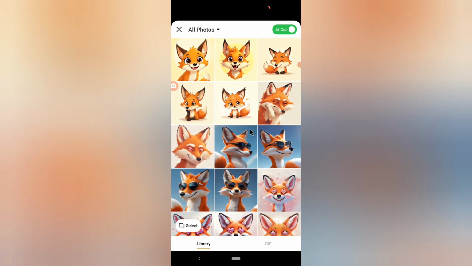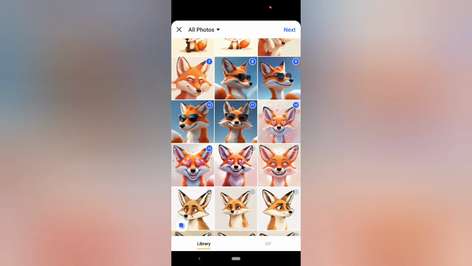Now if you choose regular, it's going to prompt this, and do not forget, if you click on one image, it's going to assume you only want to create your sticker just for one particular sticker. But if you want to choose all of them, just click on select, and then select all the images that you want to use for your sticker. So I'm going to go ahead and select all of this,